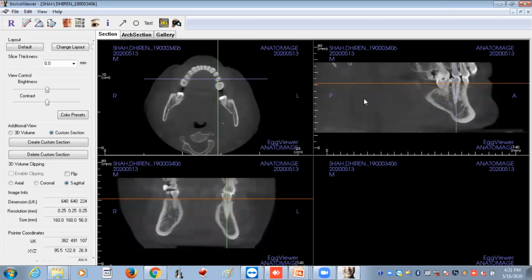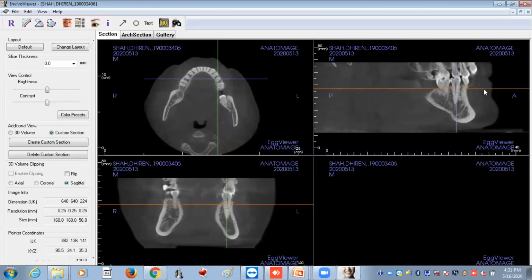So now you can see the entire anatomy of the canal from coronal to the apex. So we will just move from coronal to the apex. That will also move in the axial section. I am just moving it from superior to inferior direction. You can see this is the coronal pulp. Now we have entered into the root pulp,